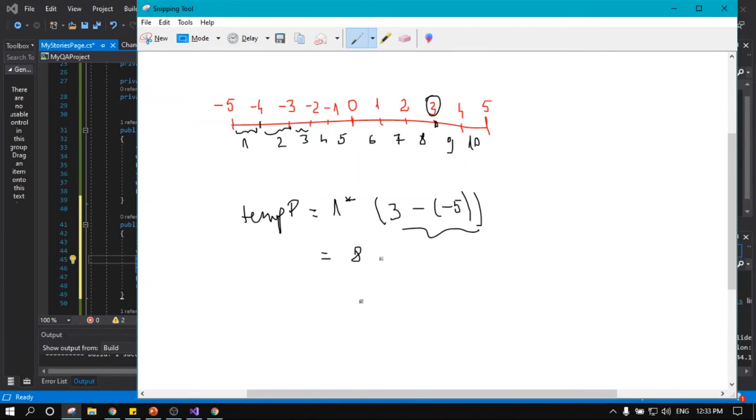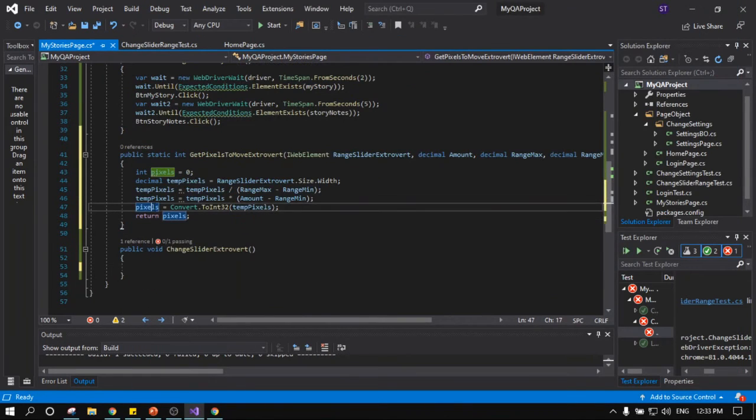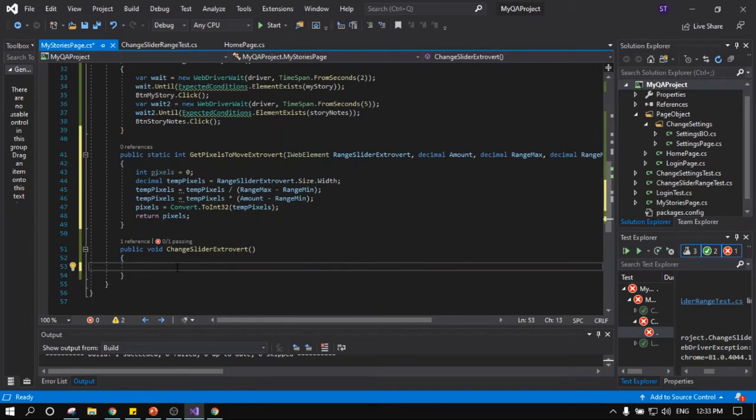So it's actually 3. And then we will store the value of temp pixels inside of pixels, and then we will return pixels. So change slider extrovert will use this method, and we will write inside of this method